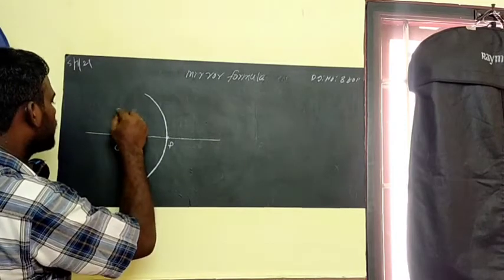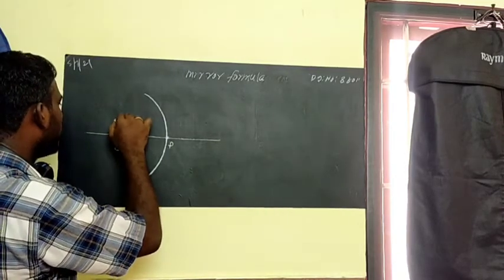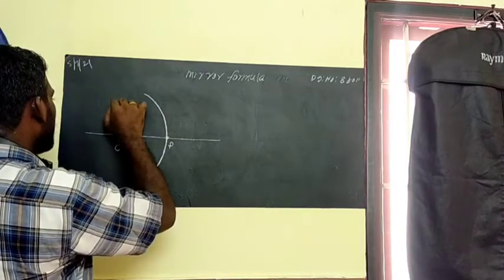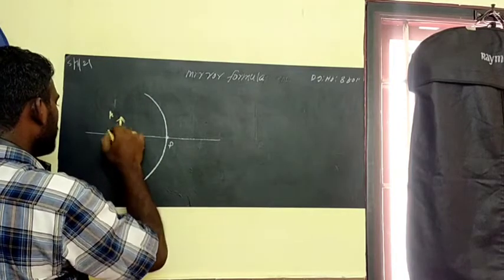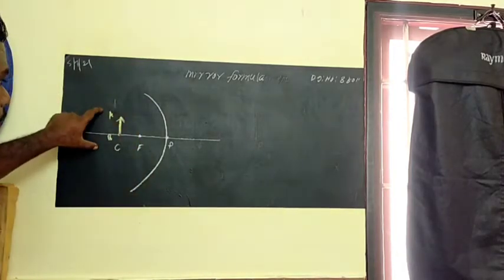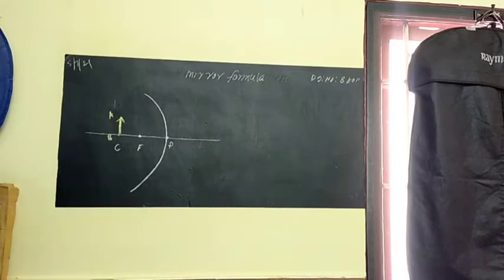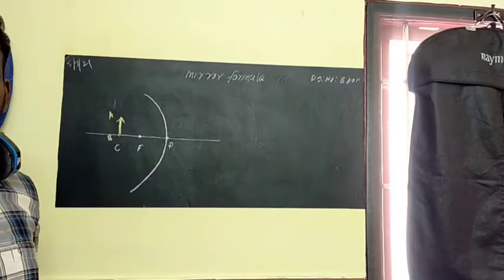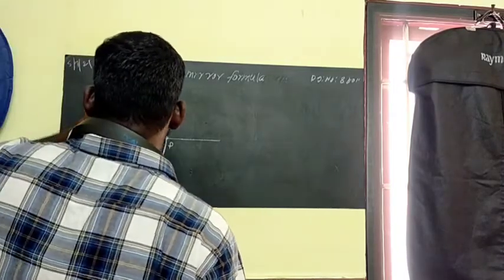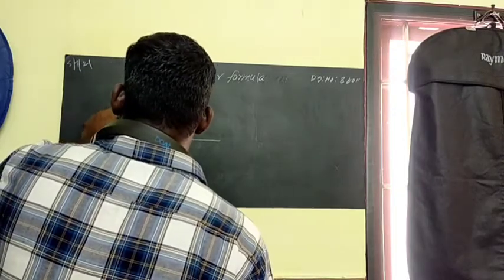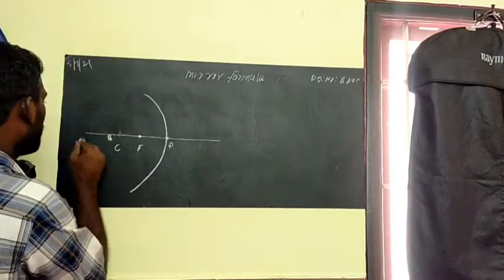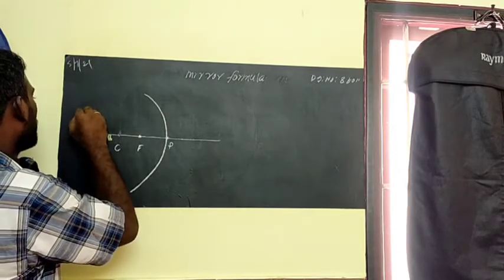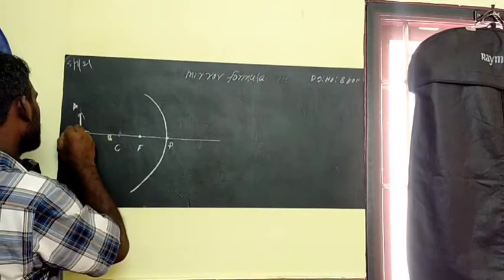So listen, we are placing the object at C. This is the height of the object, that is AB. The name of the object is called AB. We are placing the object at C. Is that clear? In the book they are giving different diagrams. So I can also try with different things. No problem. I can solve as per the book. In the book, suppose we are placing the object at B and C. It is A. This is B.